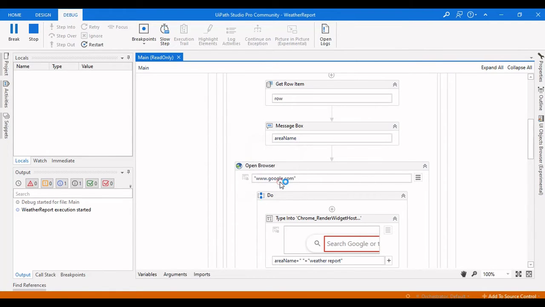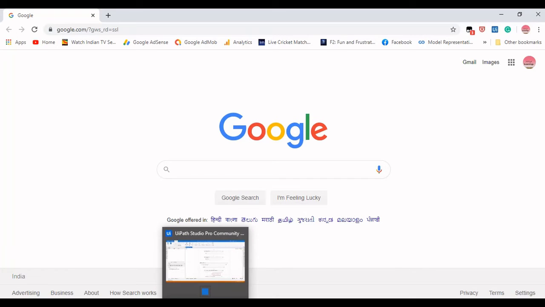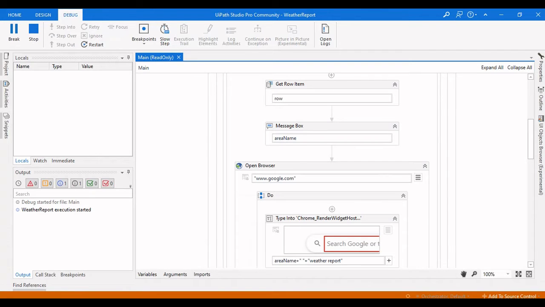The first one is Hyderabad, and it is opening the Google browser, and it's fully loaded now. Then it will type the following value here. I think we have some issue in the type into.